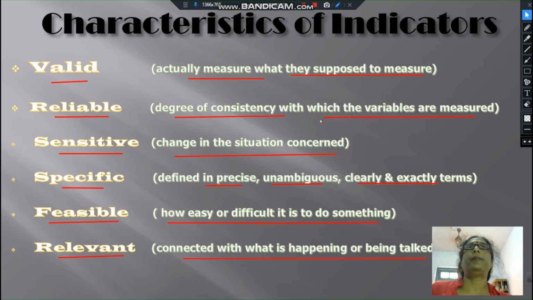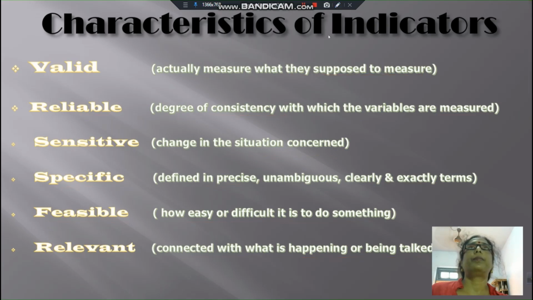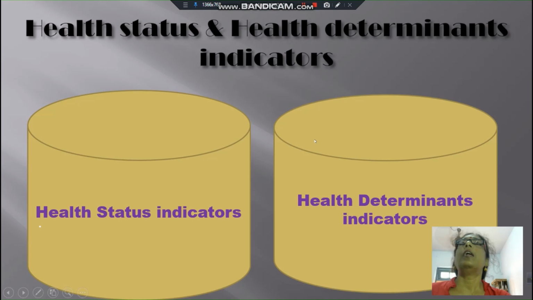So, next, health status and health determinants indicators. Health status indicators. Health status indicators measure the different aspects of the health of a population. That means